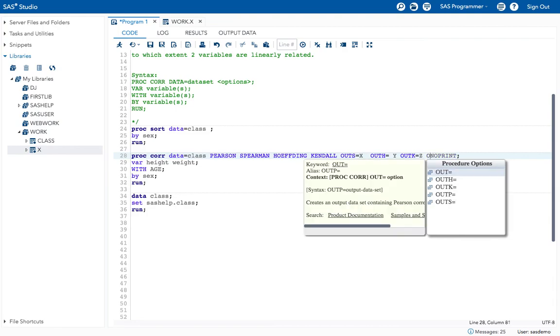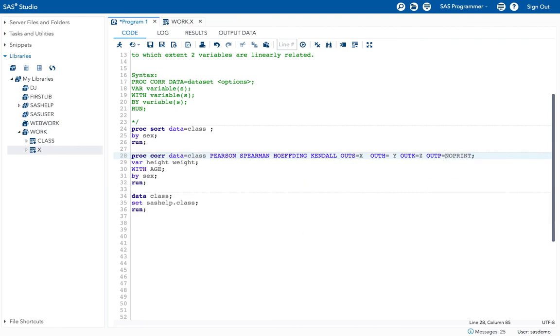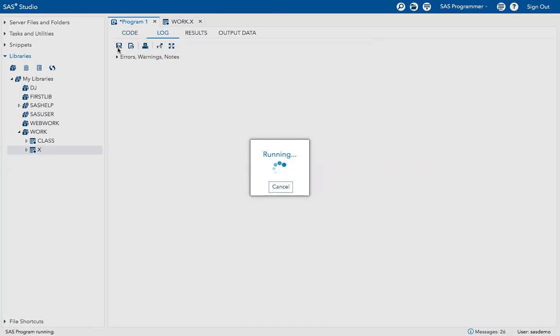So OUTP for Pearson, okay, equal to Z. Okay, now you will be able to print all your datasets in the output dataset. Now I am taking this NOPRINT option. See, now execute the program.